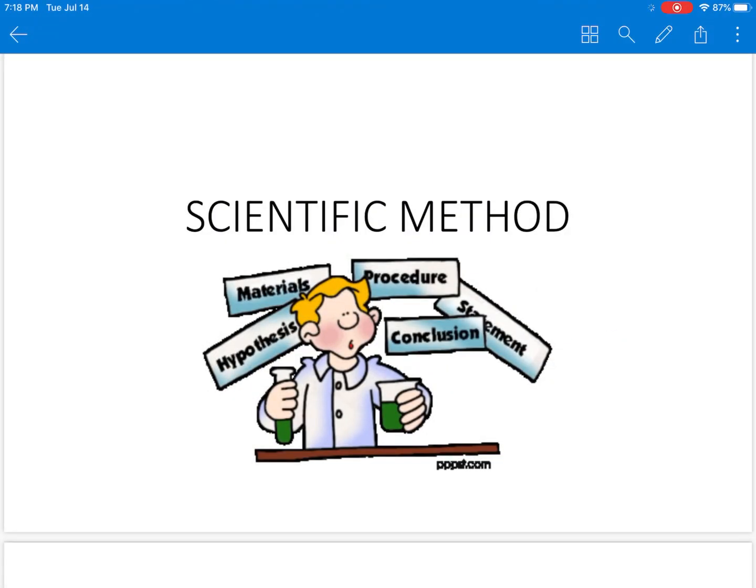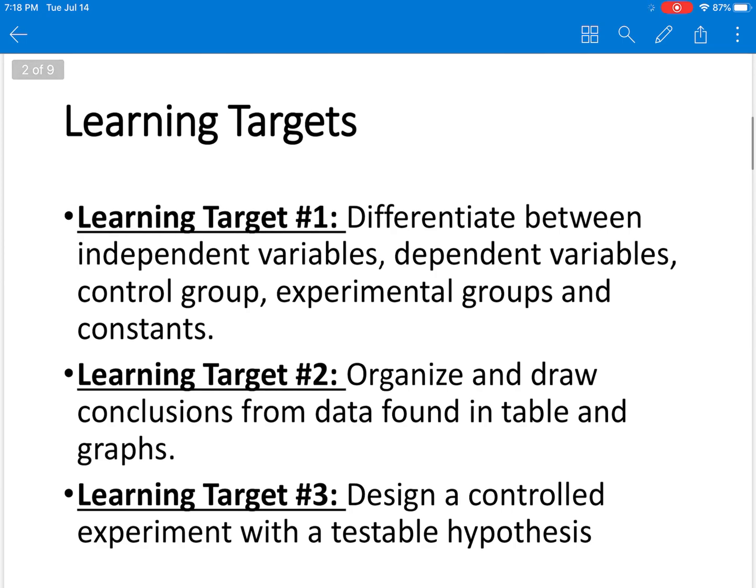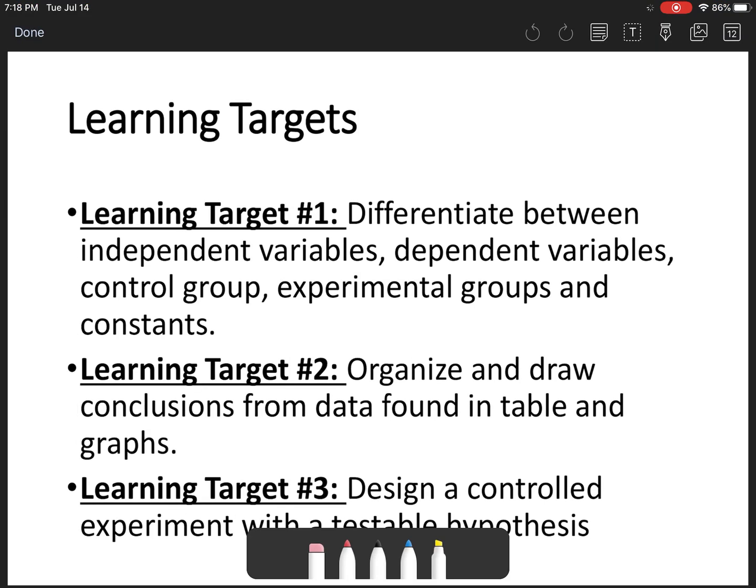Right, continuing on with the scientific method. When we left off in our last PowerPoint, we were talking about results and quantitative versus qualitative data. And we always said that you have to organize that data in a table and then, if possible, put that into a graph. And so, what we're going to focus on for this